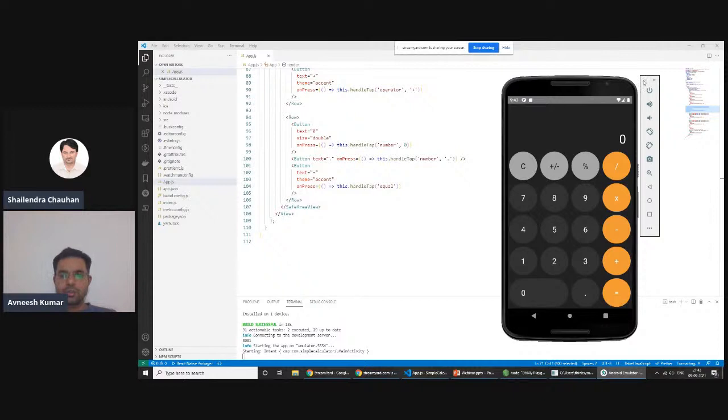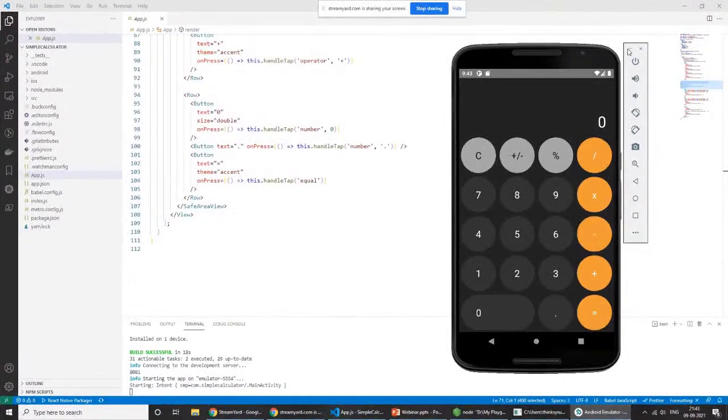This was just a demo to help you understand how a React Native application looks on mobile. If you open the calculator on an Android mobile, it will look like this. It doesn't look like we are using a web view or web application within the mobile. It's purely native-like.